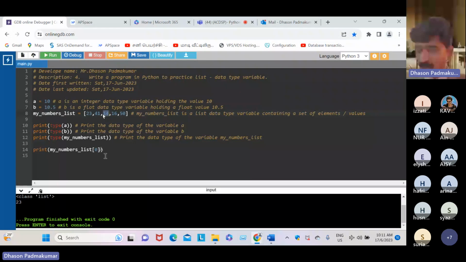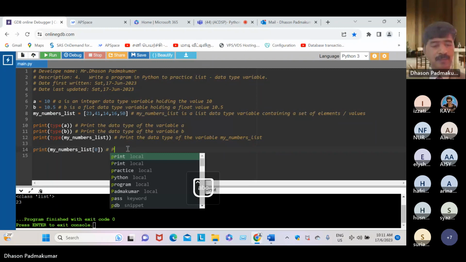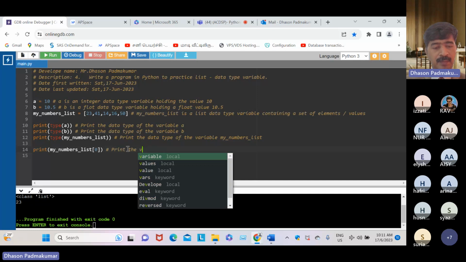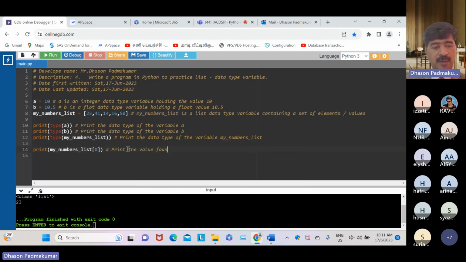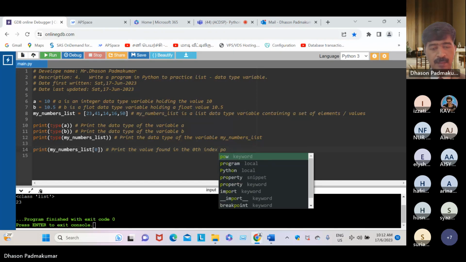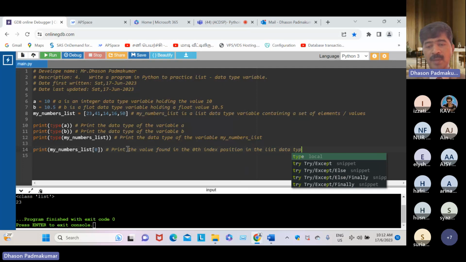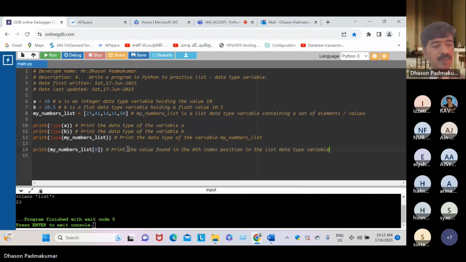What I'm going to print means: print the value found in the zeroth index position in the list data type variable my numbers.